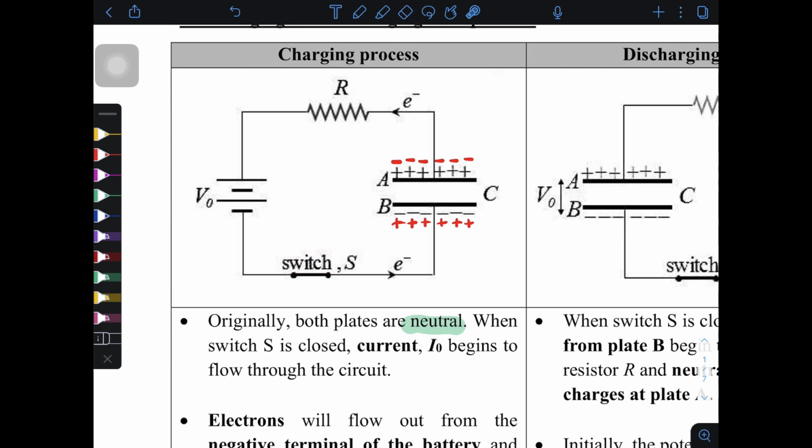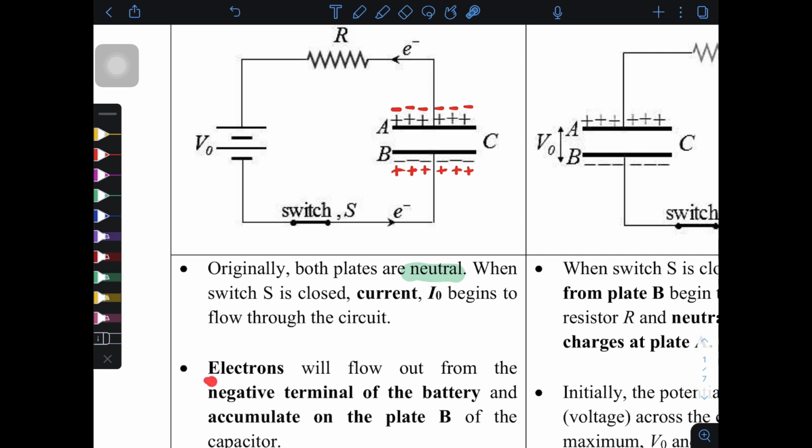Macam mana current boleh flow? I0 ini ialah current initial. Current akan mengalir. Okay, how will the current flow? Akan ada elektron yang flow out from the negative terminal. So, this is the negative terminal of kita punya battery. Negative terminal. So, akan ada elektron yang keluar daripada negative terminal kita, dan dia melalui switch ini dan akan pergi